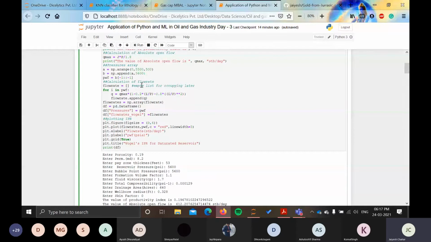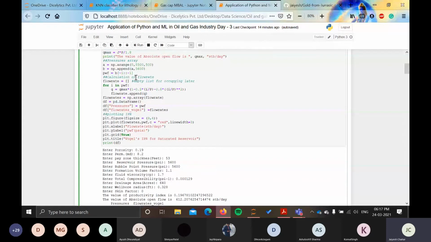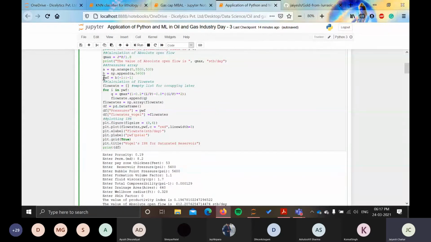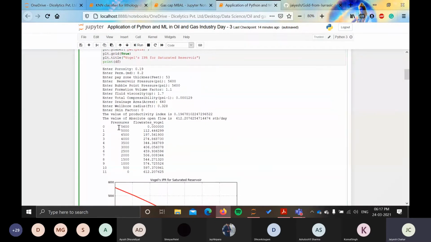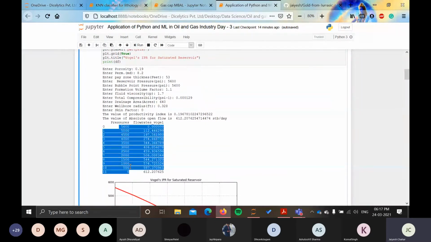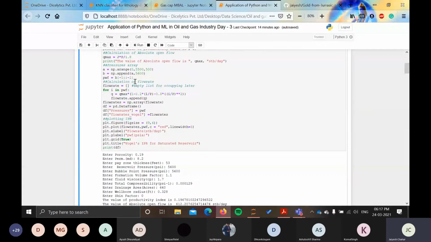this whole array. After that I have reversed this pressure array, because as you can see we are getting values in a decreasing order. So that's why I have used this property of list for reversing the pressure array. Now after that, we have an array of pressure ready. Now we need to calculate flow rates at each of those pressure points using Vogel correlation.